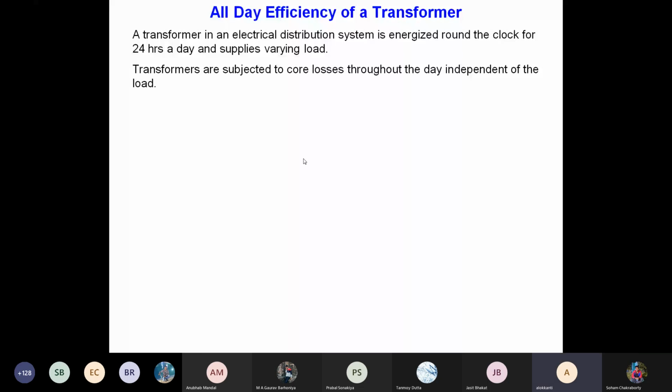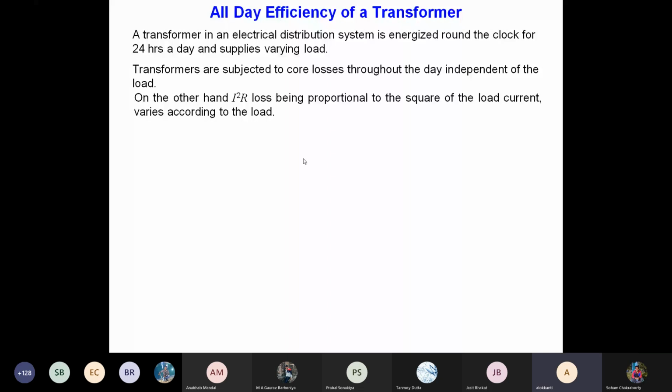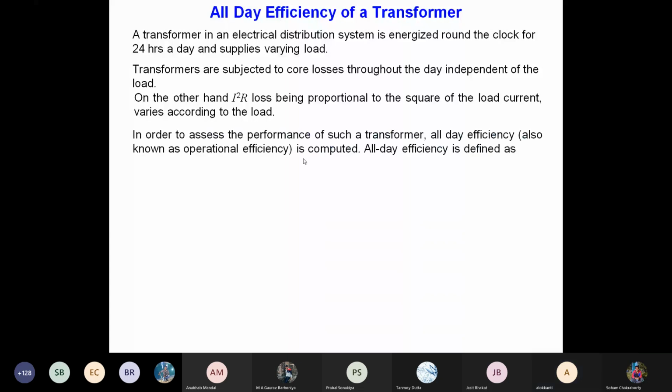So the core loss is independent of the load, but the copper loss, the I square R loss, is proportional to the square of the current. It actually varies with load. So a transformer is subjected to different types of load at different hours. In order to assess the performance of such a transformer, an all-day efficiency, also known as the operational efficiency, is computed. And this all-day efficiency is defined as